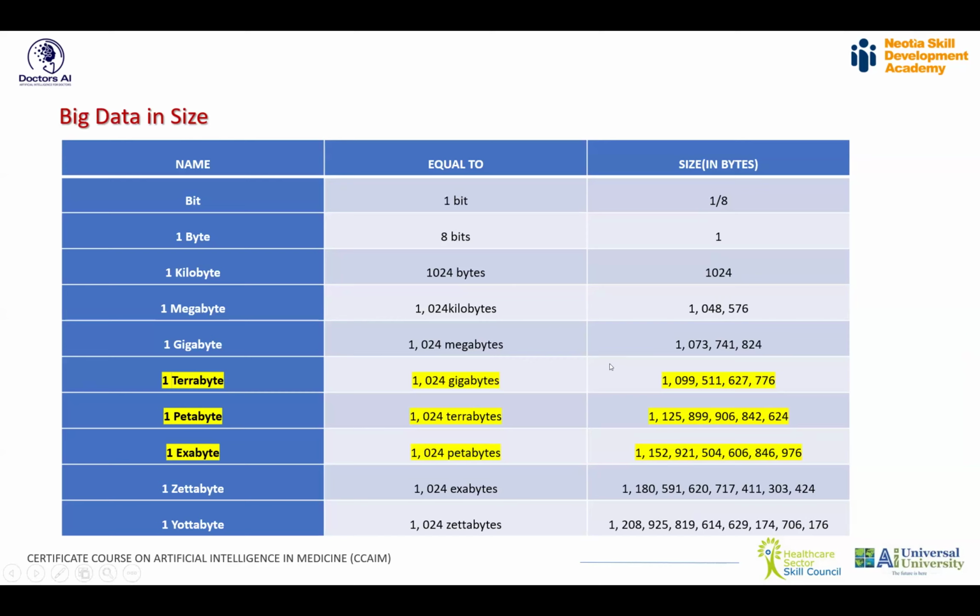Now, if I go with this: byte, kilobyte, megabyte, gigabyte, then terabyte, petabyte, exabyte, zettabyte, yottabyte. The way the storage is increasing. So once I come from the terabyte and above, then that storage of data can be classified as big data. Now I cannot store the data into one storage area, maybe a server. I cannot do that, because if I store that, it will be difficult for me to retrieve the data.